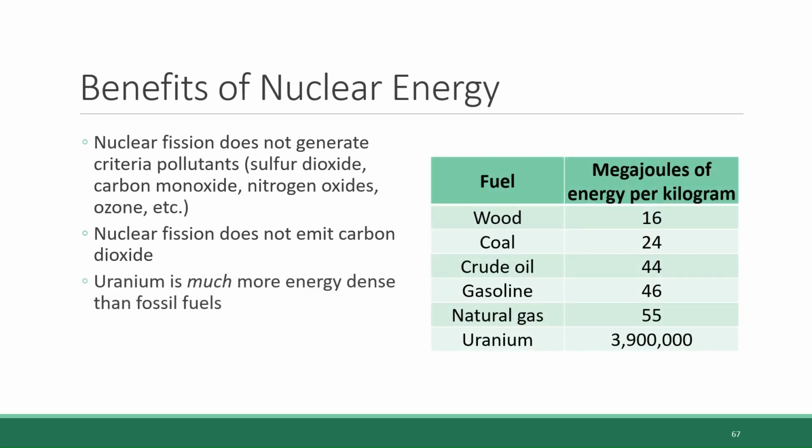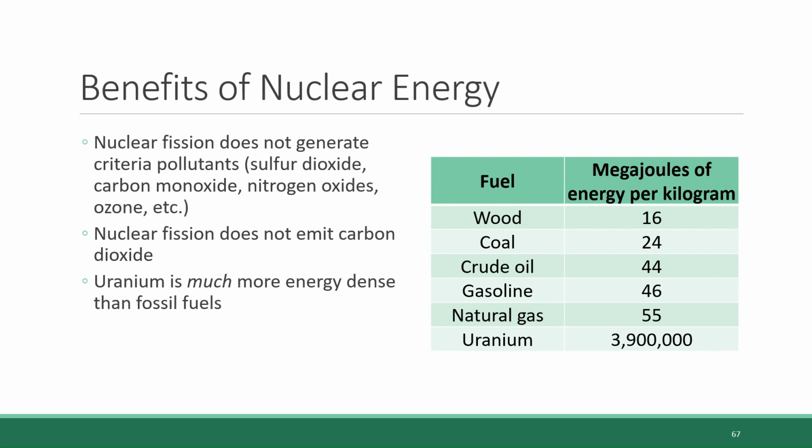Furthermore, uranium is significantly more energy dense than fossil fuels. This table here gives you a sense of how much more energy can be obtained from uranium fission than from combustion of various other fuel types. Combustion of 1 kilogram, about 2 pounds of wood, generates 16 megajoules of energy. Combustion of coal, 24 megajoules. Crude oil, 44. Gasoline, 46. Natural gas, 55. Uranium,